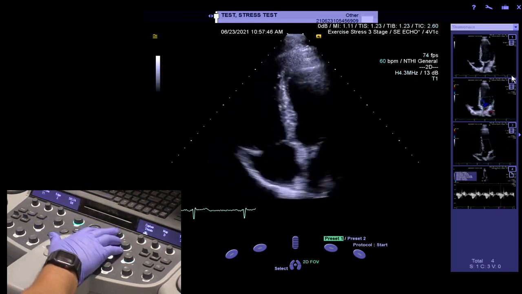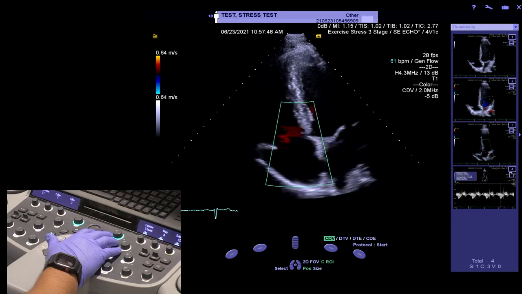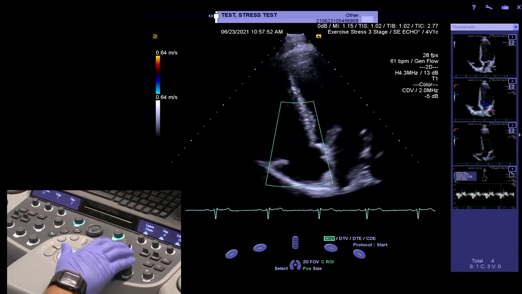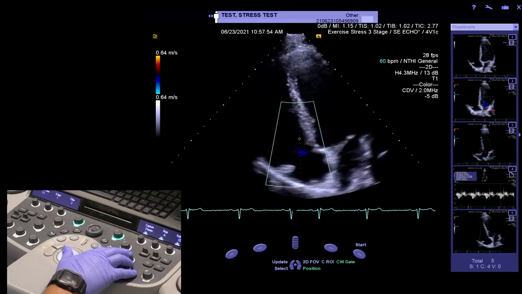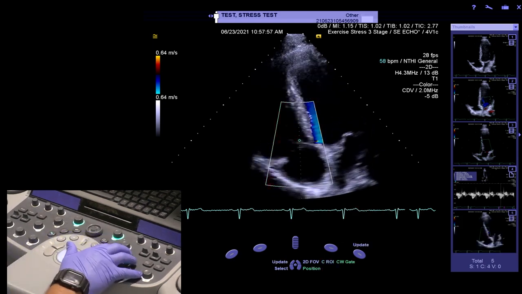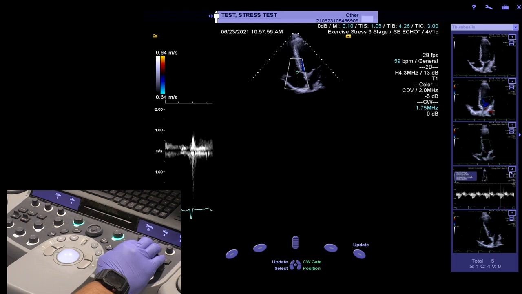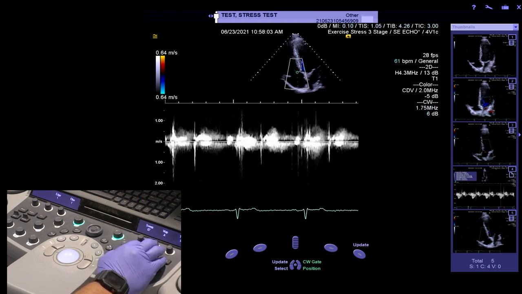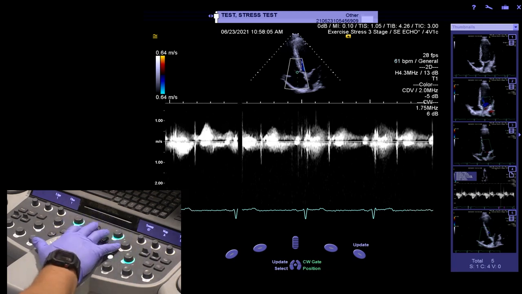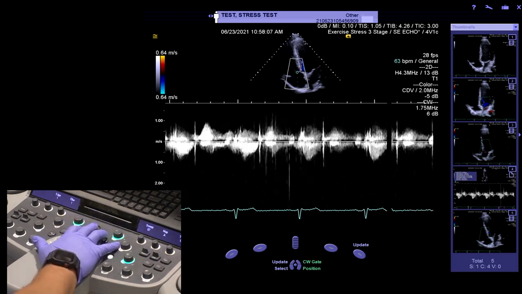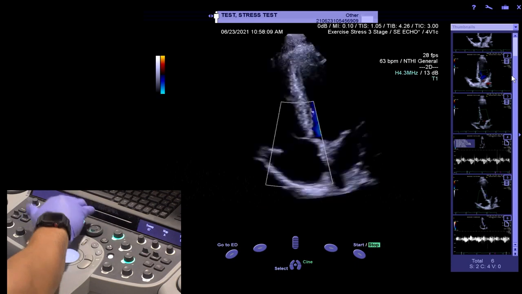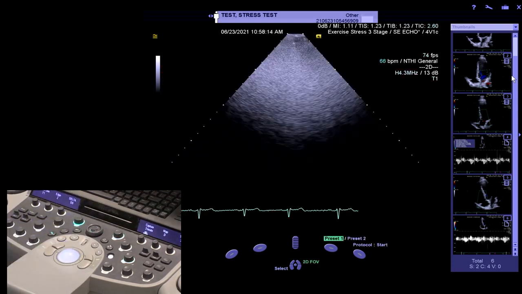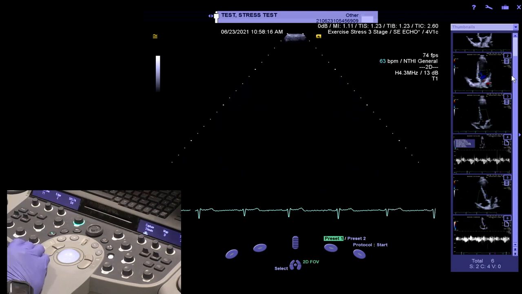And almost done. In the apicals, we'll color our tricuspid valve, looking for any significant tricuspid regurgitation, and we will use continuous wave Doppler to estimate an RVSP. In our example here, we have a patient with no significant tricuspid regurgitation. We will then continue our contraindication screening to the parasternal long axis,